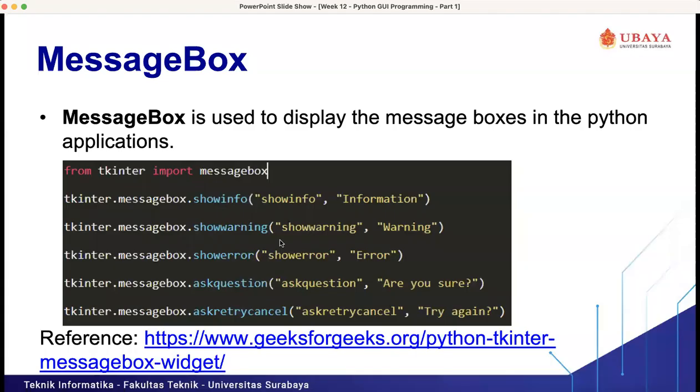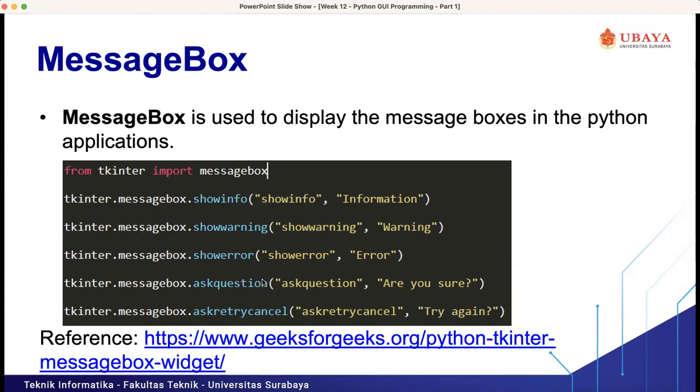The message box is used to display message boxes in Python applications. We have different types of message box in the Tkinter library. We have show info, show warning, show error, ask question, and ask retry cancel.